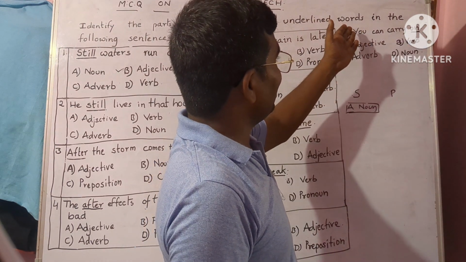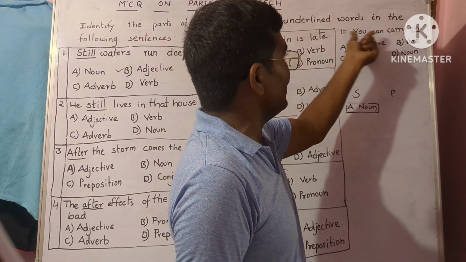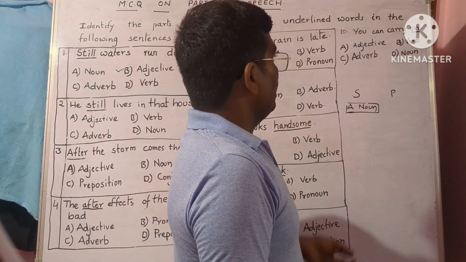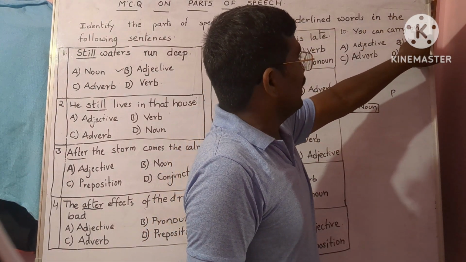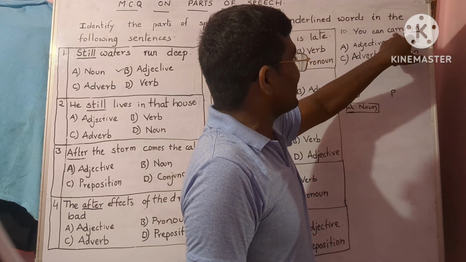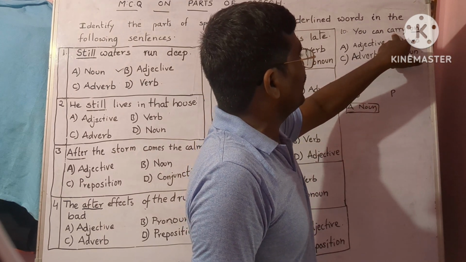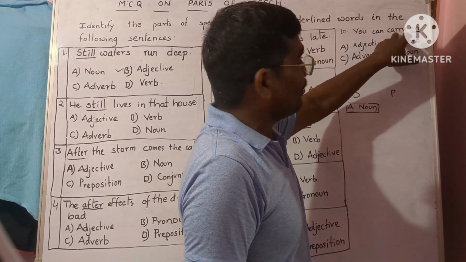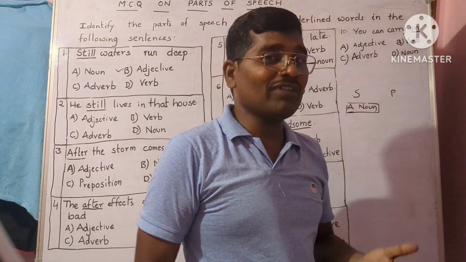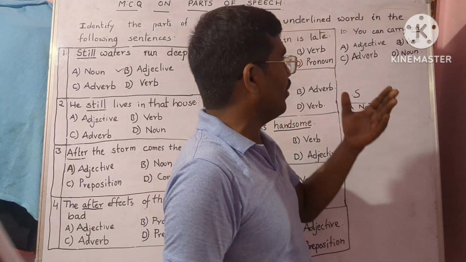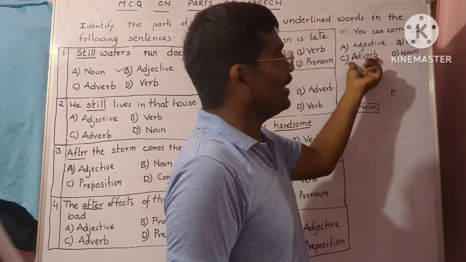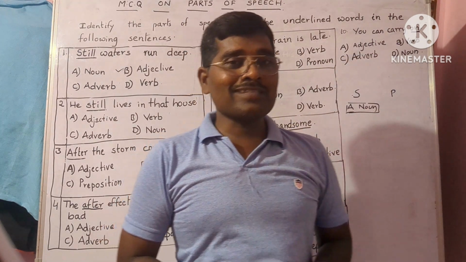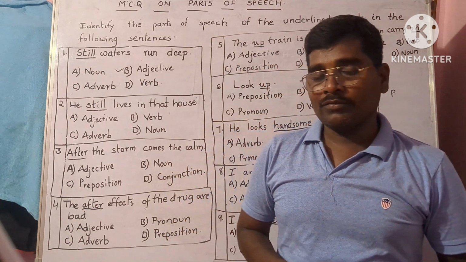When you break down the sentence into two parts, you is the subject and can carry on is the predicate. In this predicate, the word on is adding something to the meaning of the verb carry. So any word that adds something to the meaning of a verb, as we have already discussed, is called an adverb. So here it is an adverb. Option C is right.